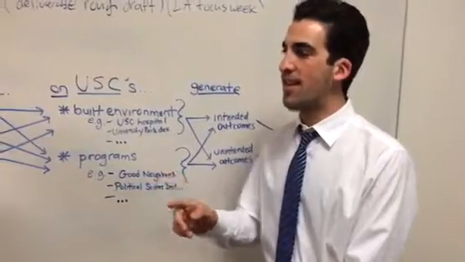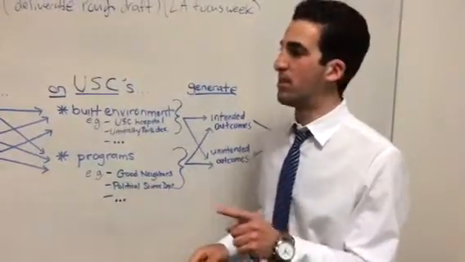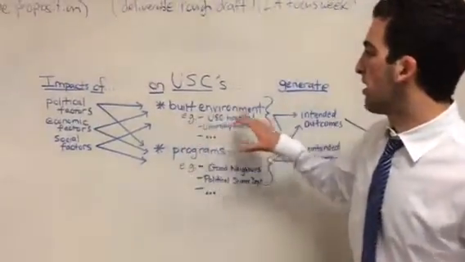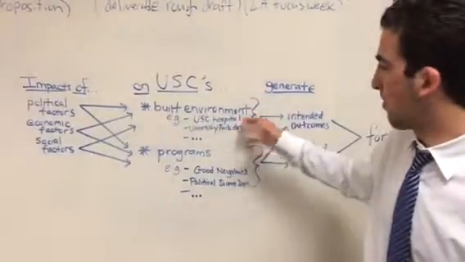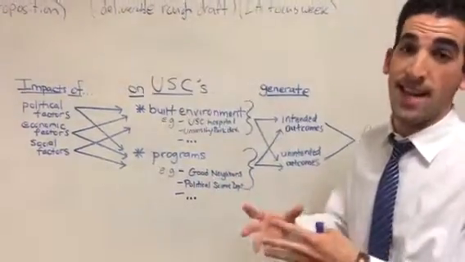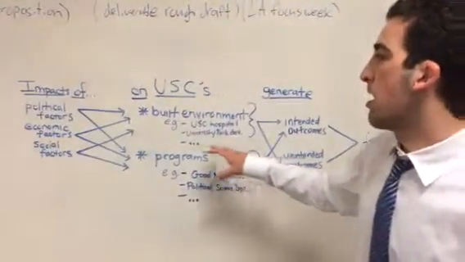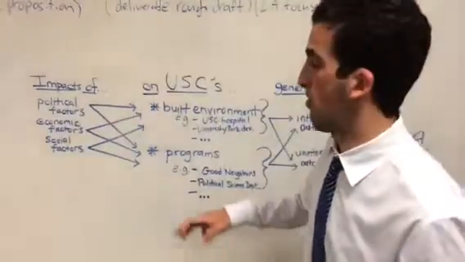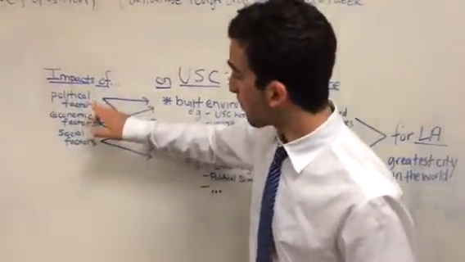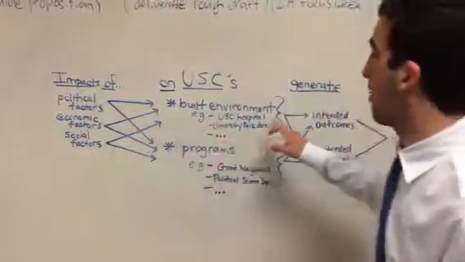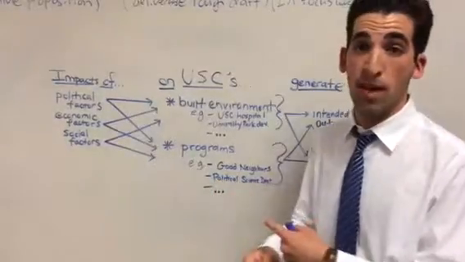But let's just take a second. I want to walk through one example just so that it's a little bit more clear. Looking at the built environment, the USC hospital with the county of LA that they run in Boyle Heights, let's take that as our example. Let's say Brian and I were looking at the hospital, we would want to find out political factors, economic factors, and social factors of the hospital, which goes both ways.